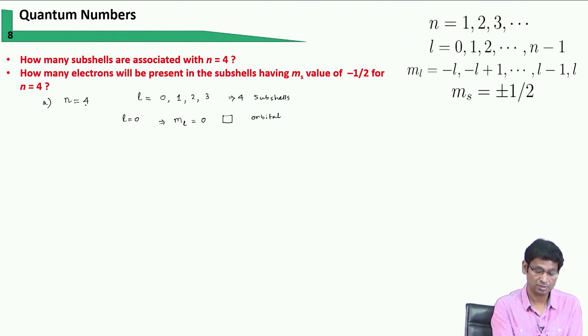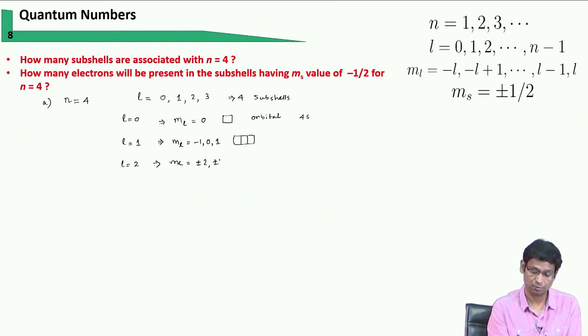So, since n equals 4, L equals 0, ml equals 0. So, this orbital is the 4s orbital. Similarly, when I go to L equals 1, I have 2L plus 1, that means 3 ml values. So, ml goes from minus 1 to 0 to plus 1. Therefore, I have 3 orbitals in this subshell. So, this can be 4p, and for L equals 2, I have ml equals plus minus 2, plus minus 1,